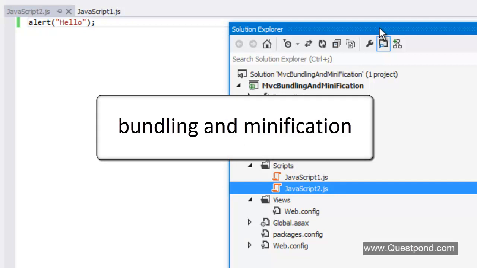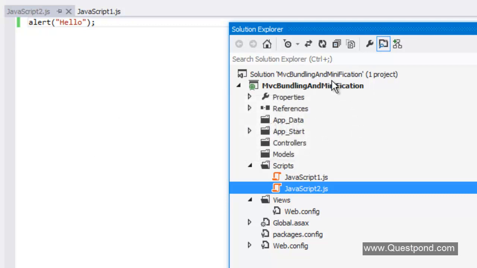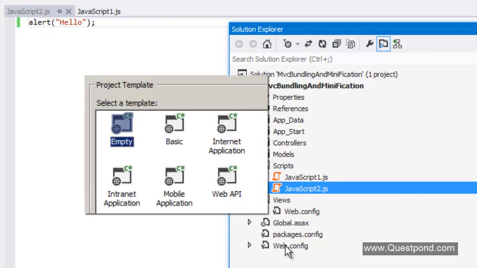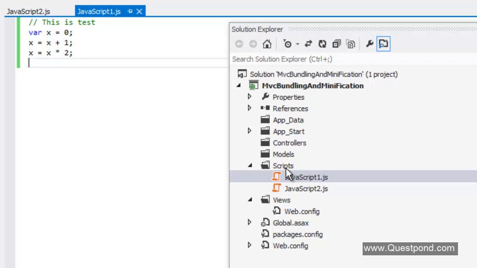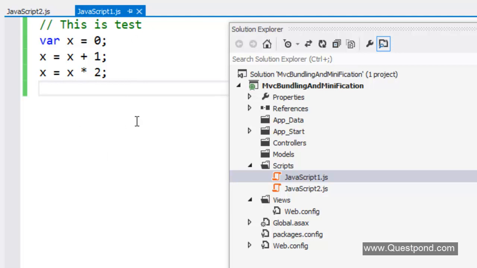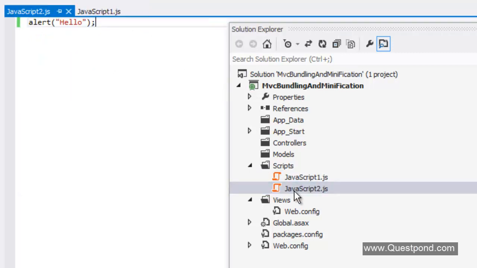So you can see here what I've done is, in order to understand how bundling and minification helps to increase performance, I have created a very simple MVC project by using the empty template. Please note, I have created this project by using the empty template, and in this project I have two JavaScript files. I have created a scripts folder here, and you can see that I have two simple JavaScript files. In this first JavaScript file, I have some variables, and those variables are doing addition and multiplication. There are some comments, and in the JavaScript 2.js file, I have just put a simple alert